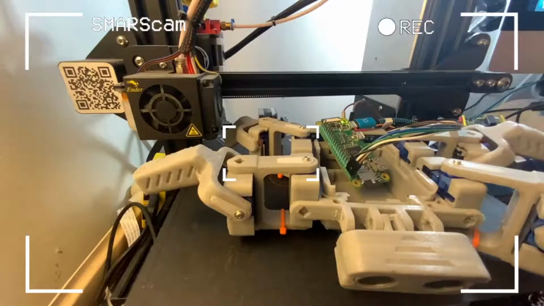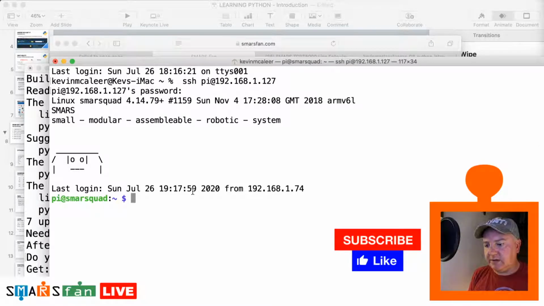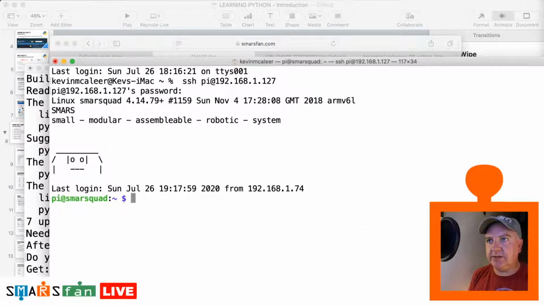I'm going to cancel that actually. Let's see if it'll let me cancel that out. I'll be here all day doing that otherwise. Let's go back to this other window here. Let's just zoom in a little bit. And right, so I'm back onto here. What I'm going to do is I'm going to look into